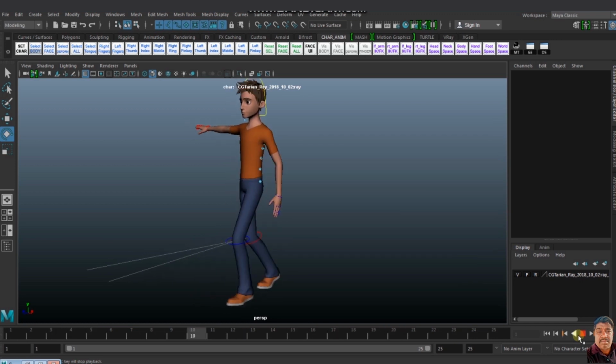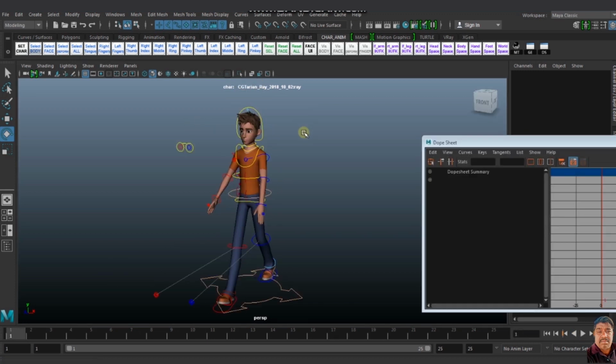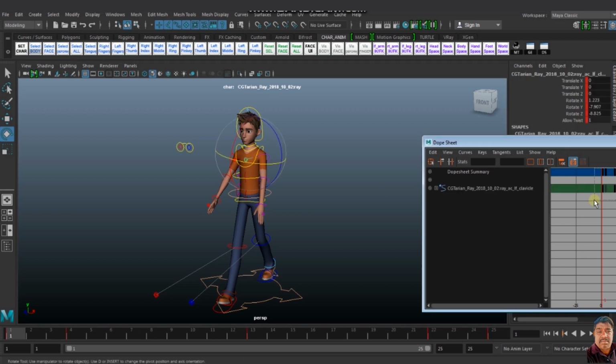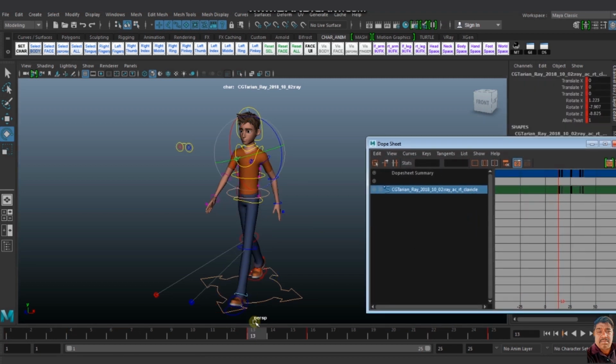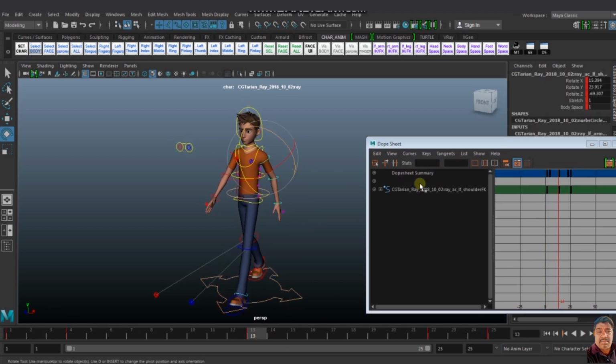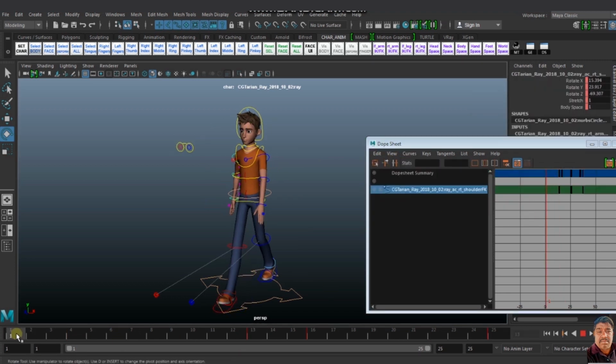Almost over my hand. Now what I do, I just select the left area and copy it to the right area by using dope sheet again. That is the process I already showed you. Now you can understand how I copy one after another. Collarbone to collarbone, shoulder to shoulder, then elbow to elbow, wrist to wrist, and finger to finger. I just copy and paste.